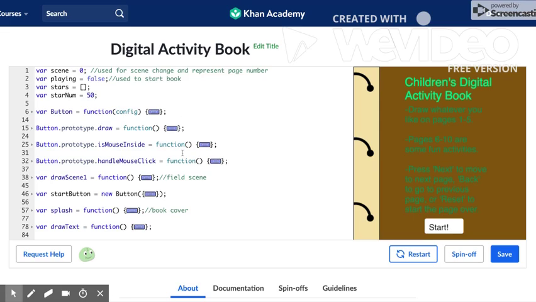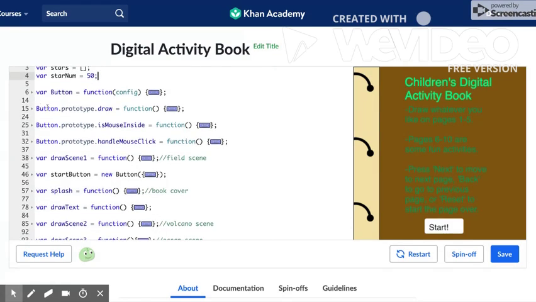So here's my code for a children's digital activity book. Up top we have three global variables and an empty array: scene, which is very important to the program, var playing, and var star num. Next is the button class, which involves